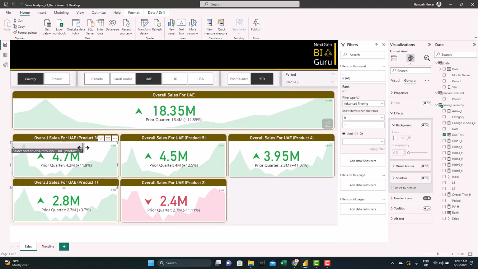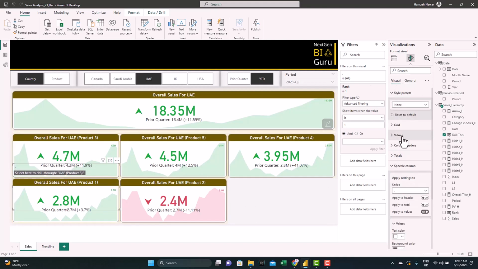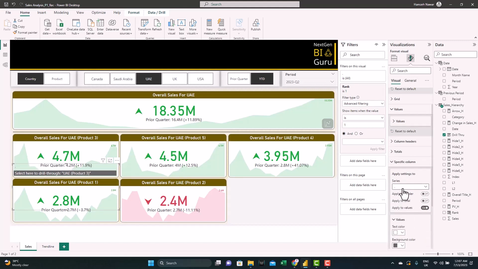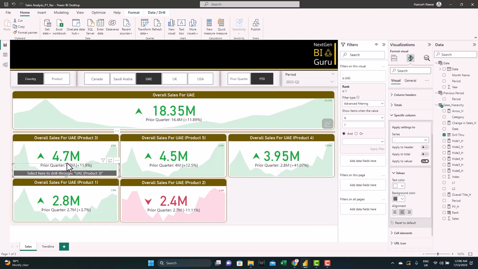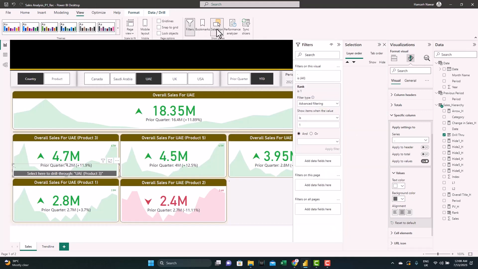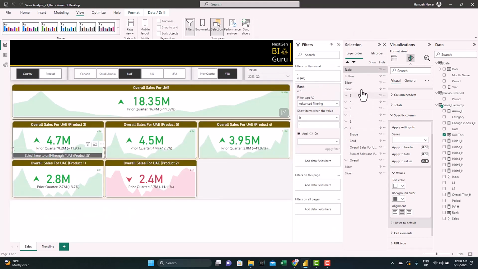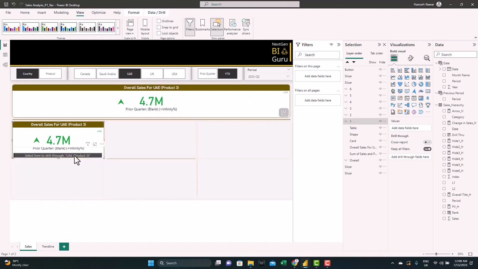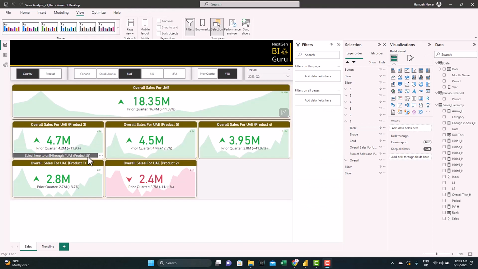Let's resize it now. Increase the value and put it in the center, and we can show it inside the KPI. Next we show selections from view, and we place this table inside KPI 1. We need to make sure that it's in the very front, so it's the first. So now when we click on it, we can see all the other KPIs are hidden, and an L1 KPI is also filtered to the value of this KPI.